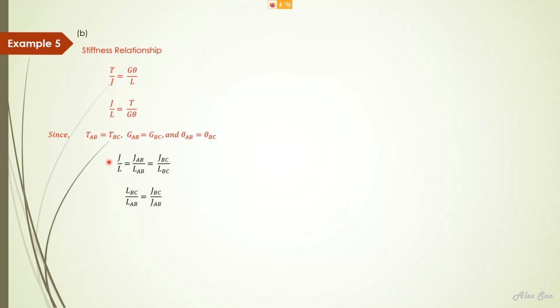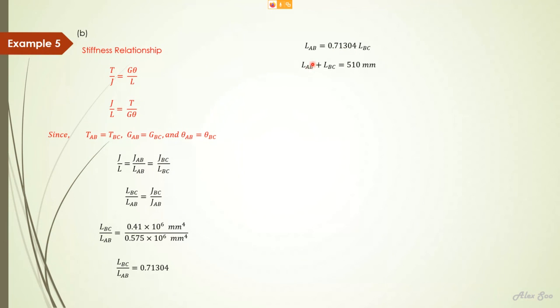I hope you understand this equation here. Once you know that T over G theta, all these three parameters, are constant, then for section AB and section BC, the J over L for BC equals the J over L for section AB. Based on this, you substitute the J, then you can find the ratio of LBC to LAB. So you get this. Once you get this, we know that the total length is 510, right? So you put this